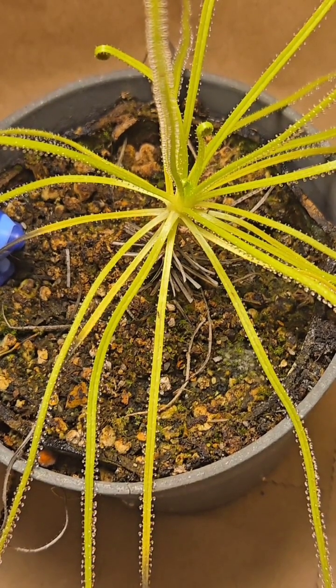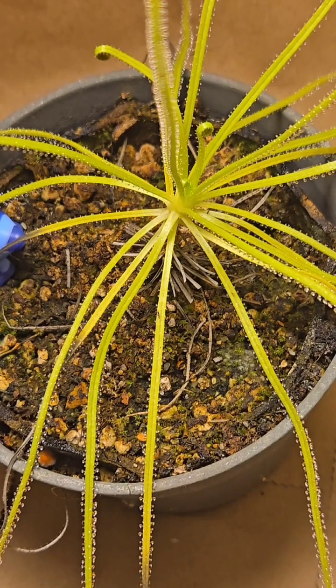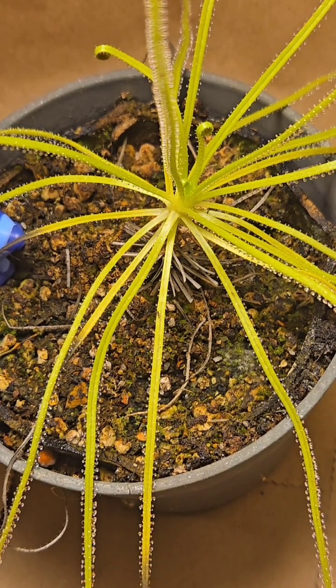These are more of a tropical plant. Well, I shouldn't say tropical. They're kind of desert plants. These grow in Spain, in a special section of Spain, in very desert and dry kind of areas. So, unlike the two I just showed you, which are more bog kind of plants,